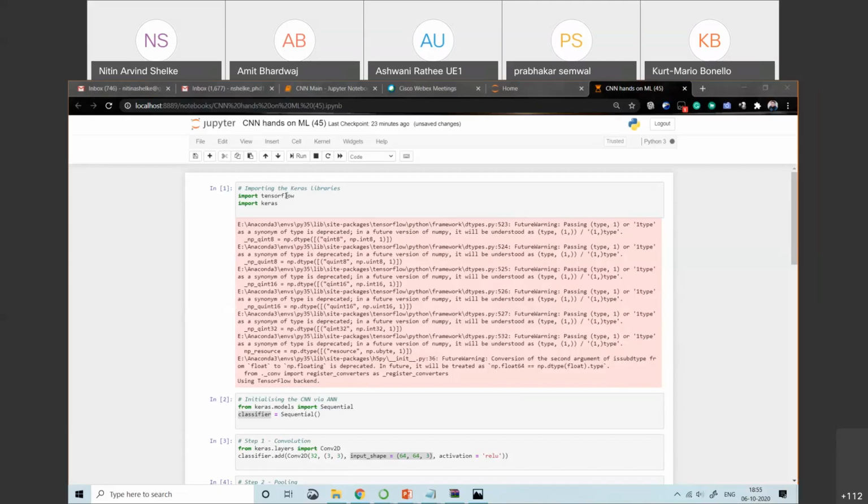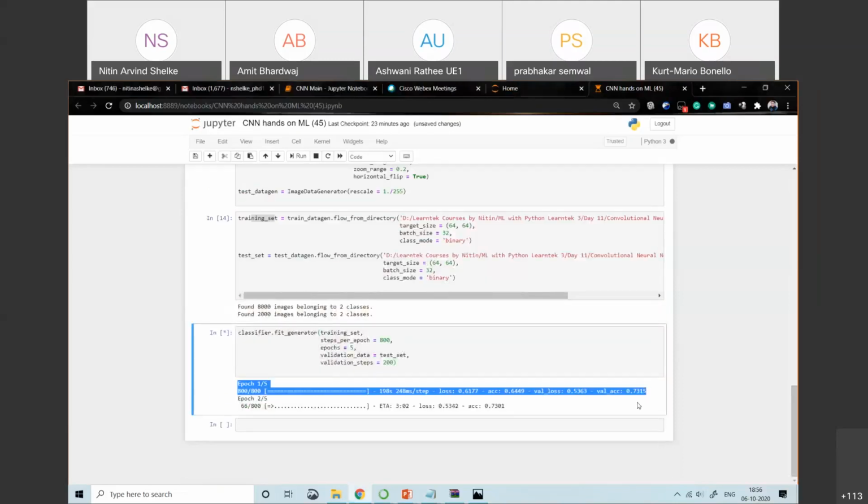Nathan, I'm having a question for you. How can we read the outcome of this kind of result? How are we going to interpret it? We will get the accuracy at the end. This is the accuracy that I am getting. When we add more epochs, the accuracy will increase.